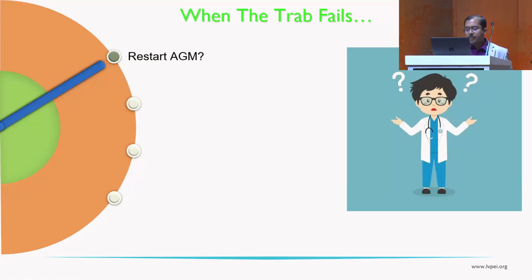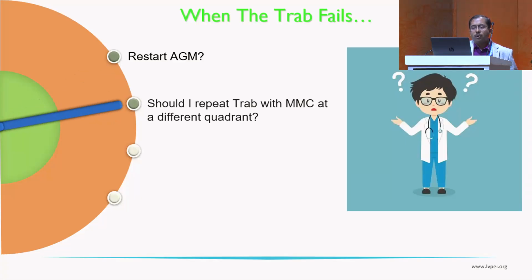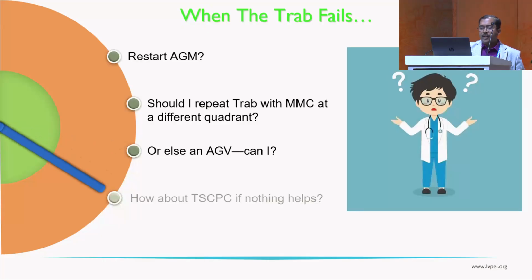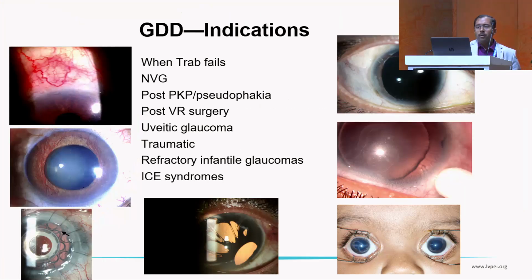My topic was the novel umbilical cord allograft in preventing the hypertensive phase in the AGVs. In the trap phase, we have the options to restart the AGMs, or to plan for a repeat trap in a different quadrant, or to plan for a tube, and to plan for a TSCVC if everything fails. So we know the indications for